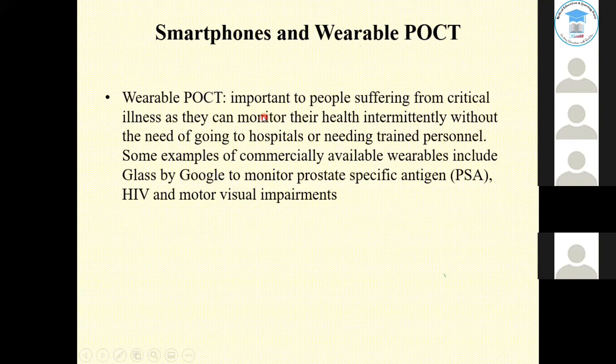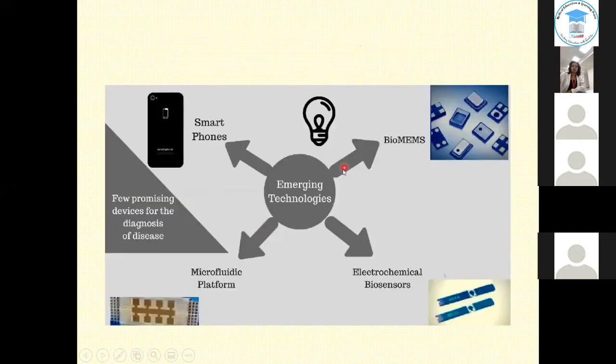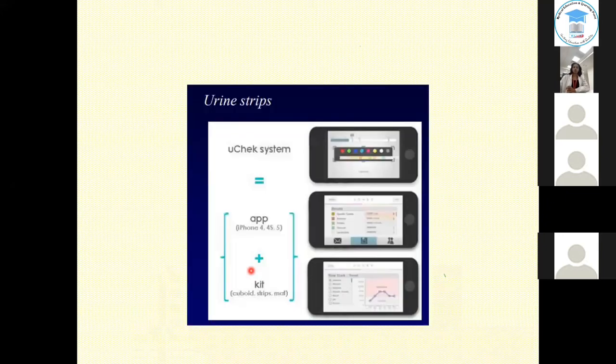Wearable POCT, which is important for people suffering from clinical illness, as they can monitor their health intermittently without the need for going to hospitals or needing trained personnel. So one such device has been improvised by Google, and it's known as Glass by Google, to monitor PSA, HIV, and motor visual impairments. So these are an array of emerging technologies of the future trends that we may look forward to in the form of smartphones, biomems, electrochemical biosensors, and microfluidic platforms, which really promise to move diagnostics to a whole new level. Urine strips, which can